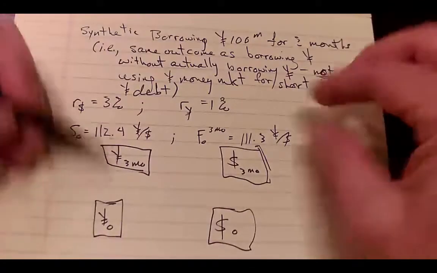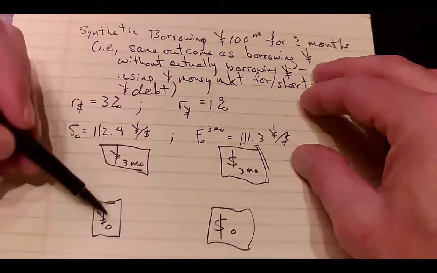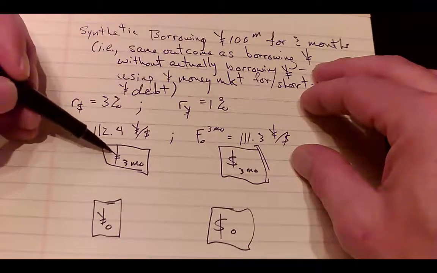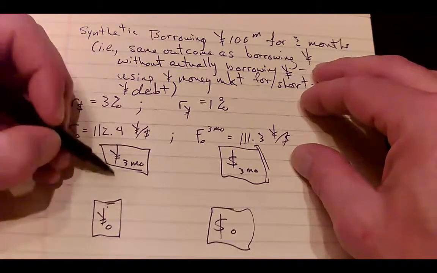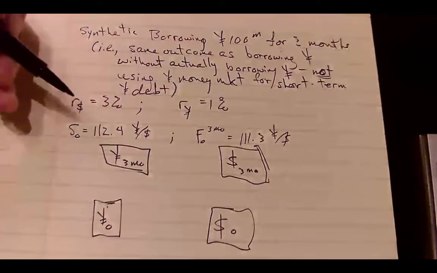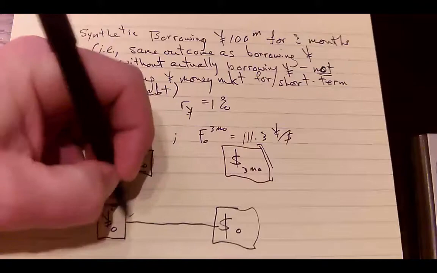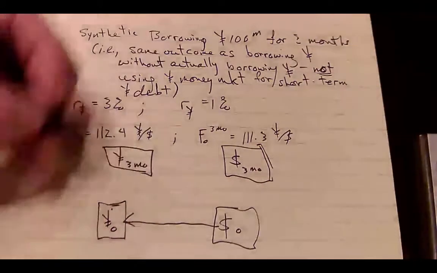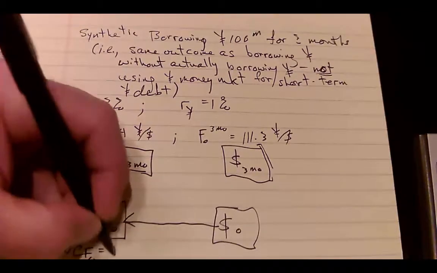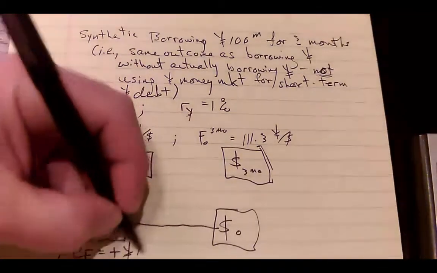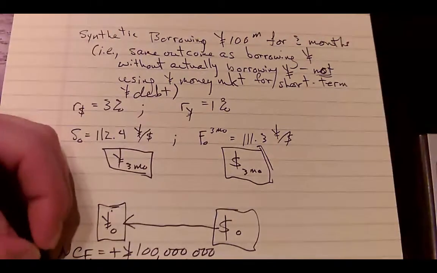So we can't use the Japanese money market. That's borrowing and lending of yen, converting today's yen into future yen or future yen into today's. We can't go from here to here either. We can't use an actual yen loan. We want to create an inflow today of 100 million yen. So we want the net cash flow at time zero to be plus yen 100 million, right? And we want the net cash flow in the future,